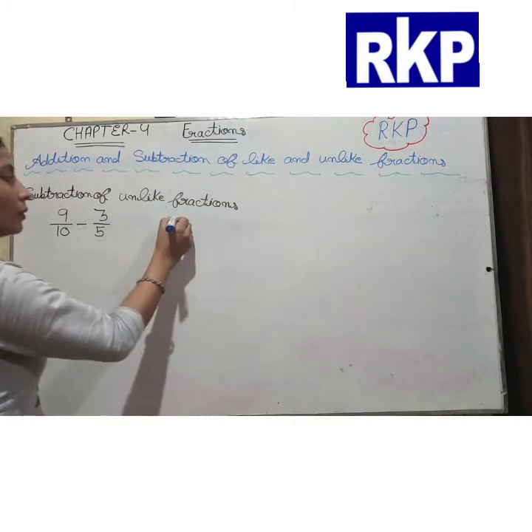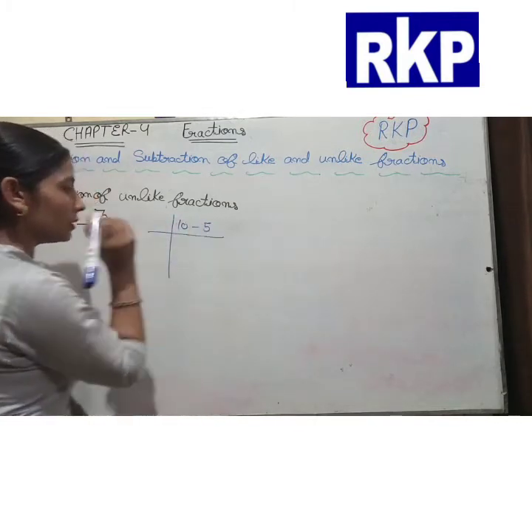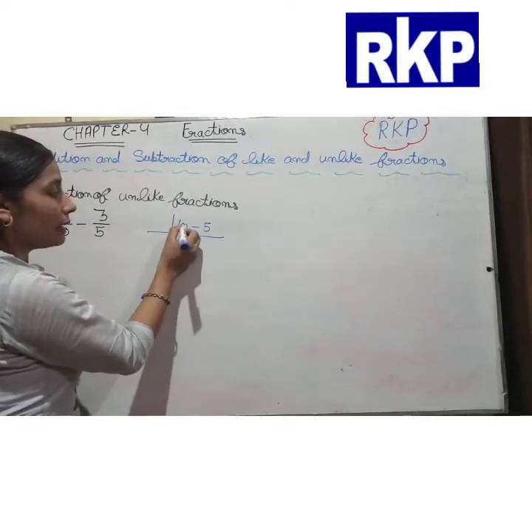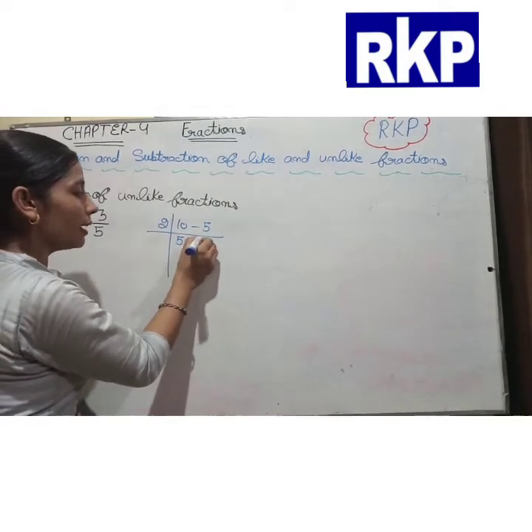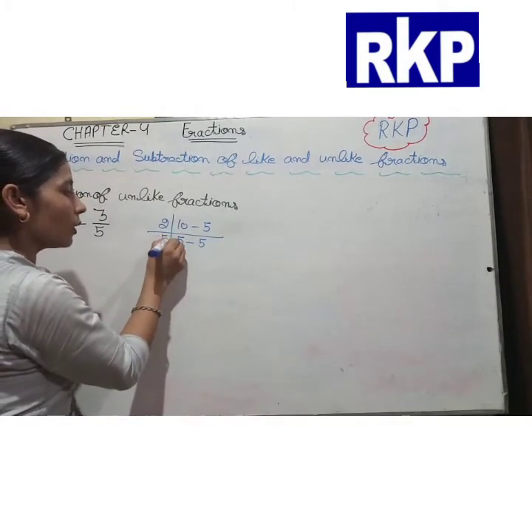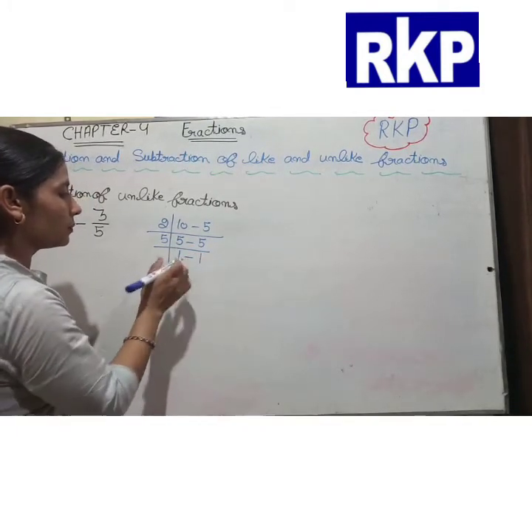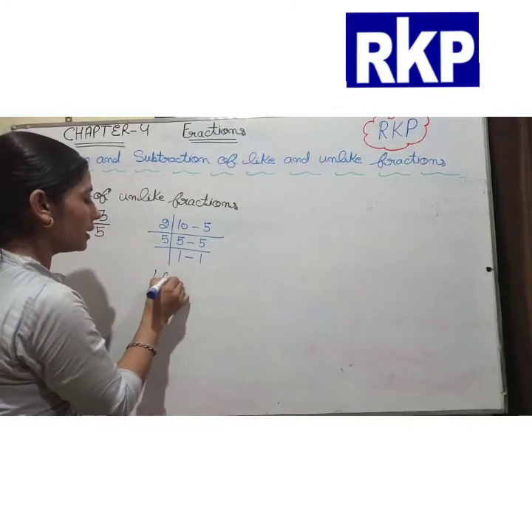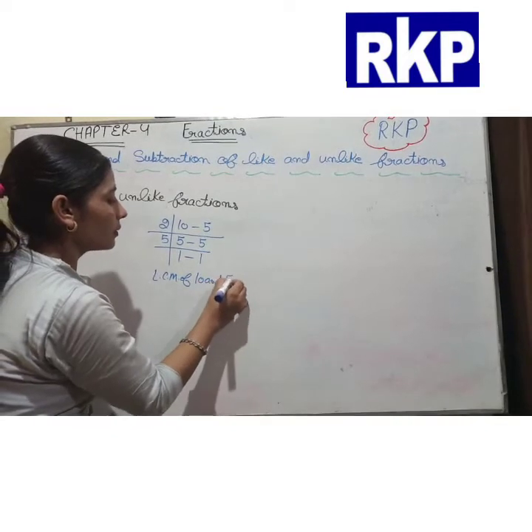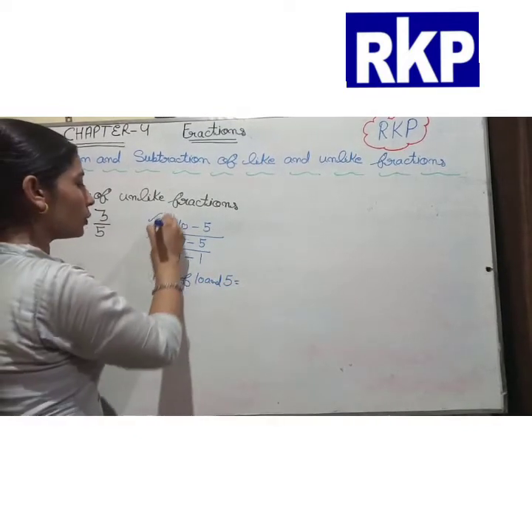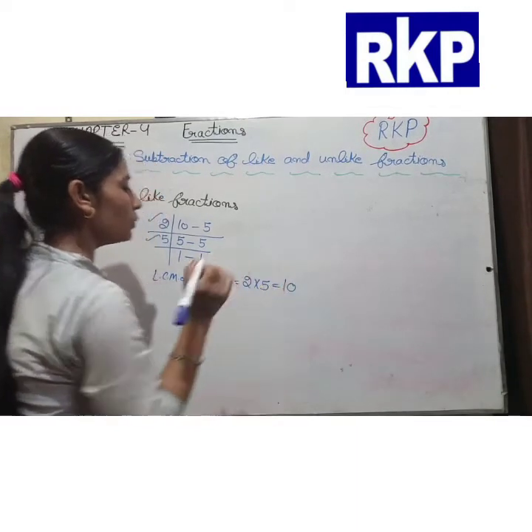So first of all we need to find the LCM of the denominators. Here we can divide 10 by 2, so write 2; 2 5s are 10, and here 5 as it is. Now write 5; 5 1s are 5, 5 1s are 5. Now stop here and write the LCM of 10 and 5, and it will be 2 into 5. 2 into 5 is equal to 10.